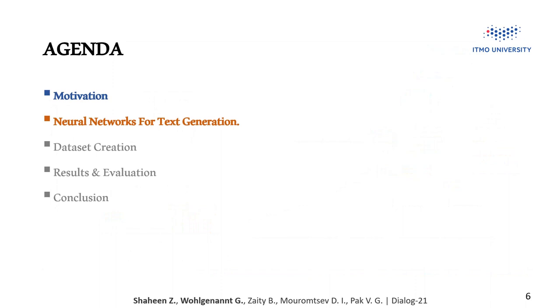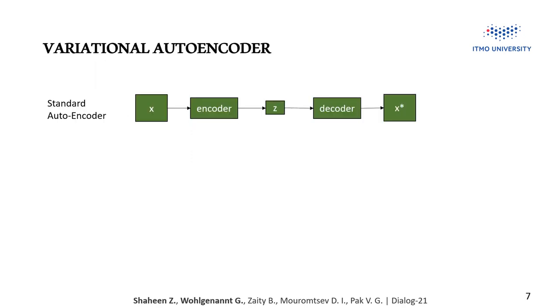Now, let us talk a little bit more about neural networks for text generation that we used in these experiments. First, I will explain the difference between standard autoencoder and variational autoencoder. A standard autoencoder consists of an encoder and a decoder. The encoder encodes the input X into a code Z in the latent space, and the decoder uses Z to